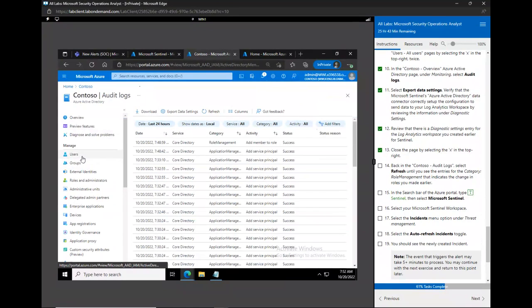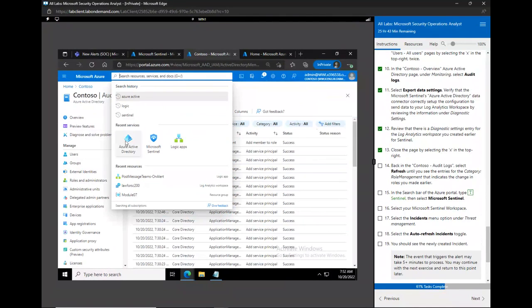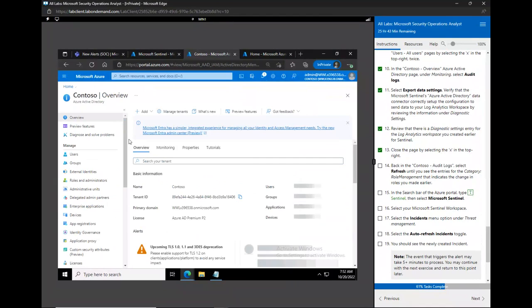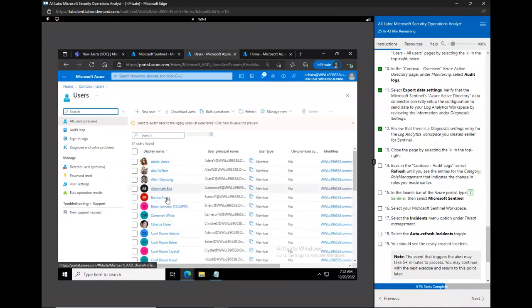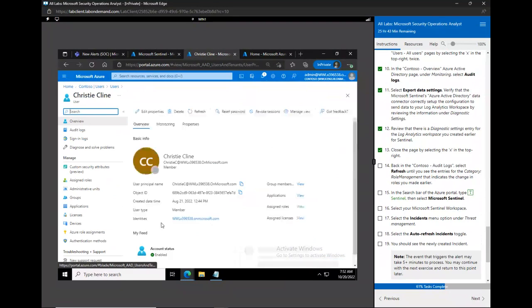Because I just created the diagnostic setting afterward, maybe that is not triggering the event or the alert in this case. So I will just return to Azure AD and repeat the steps for users, for Christy Klein, for